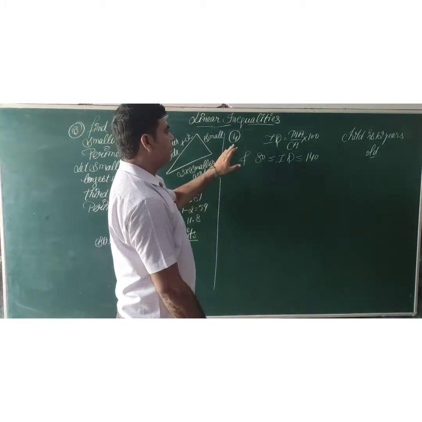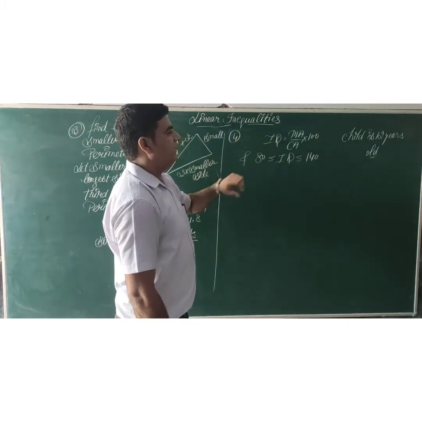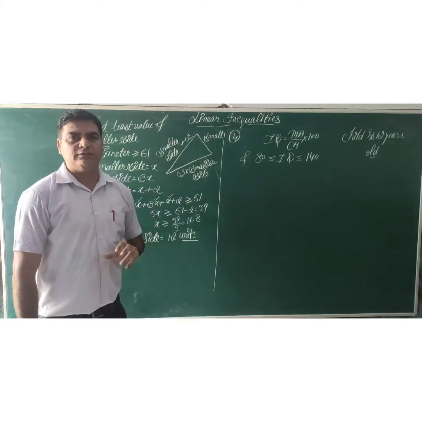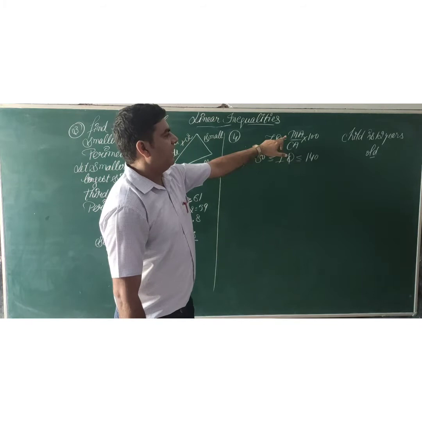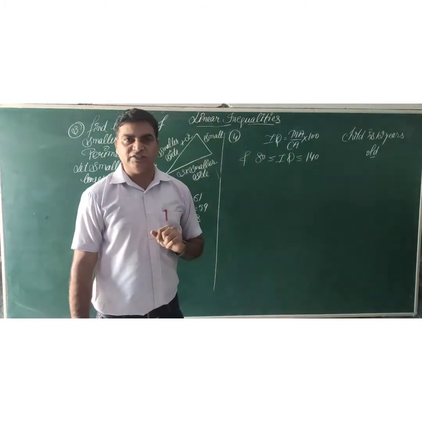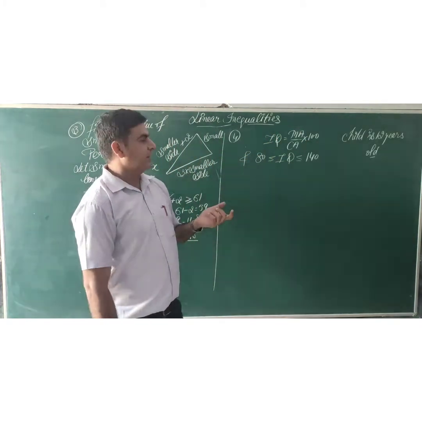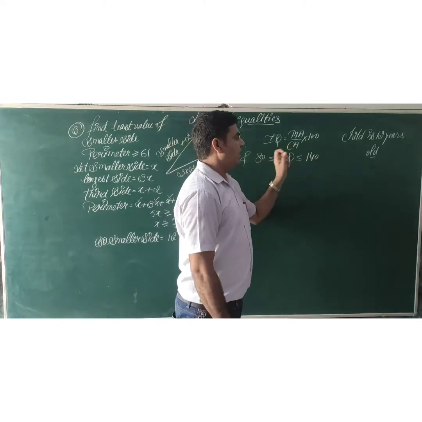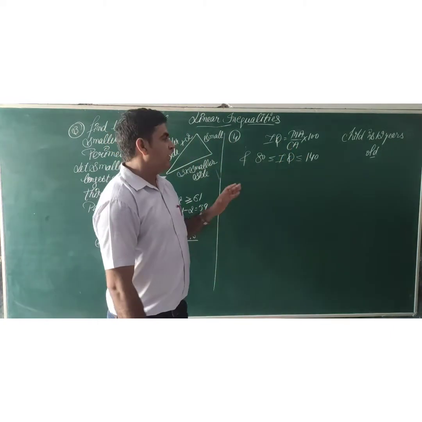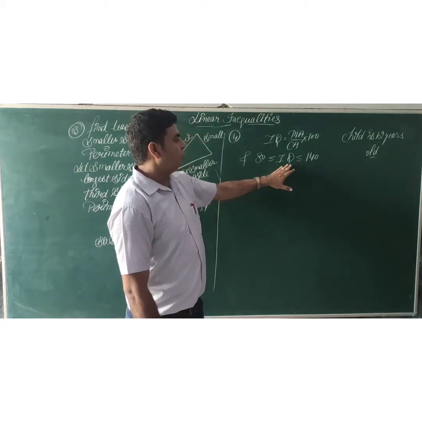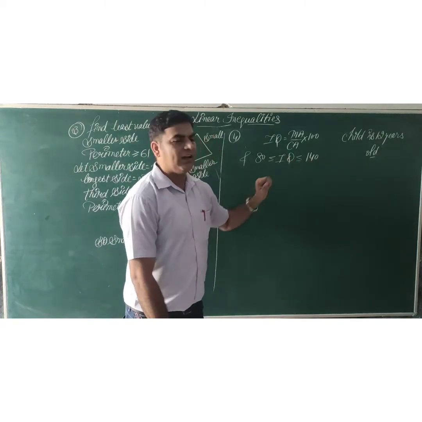Now, another question we are going to take here. The question is related to the IQ level of a person. We can say for a child also. Here IQ means intelligence level. MA means mental age, that is, what is the level of mind of a child. Here CA stands for chronological age. Here the range of IQ lies between 80 to 140.